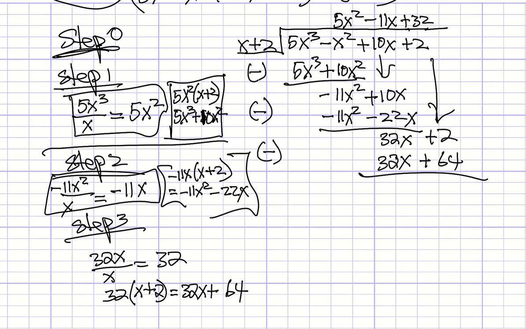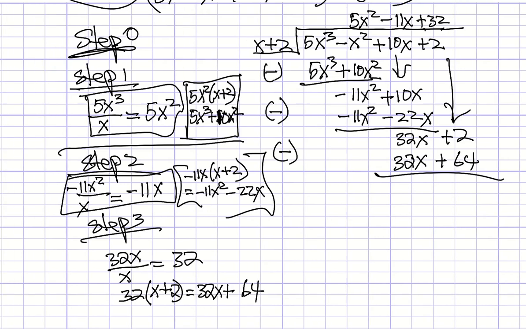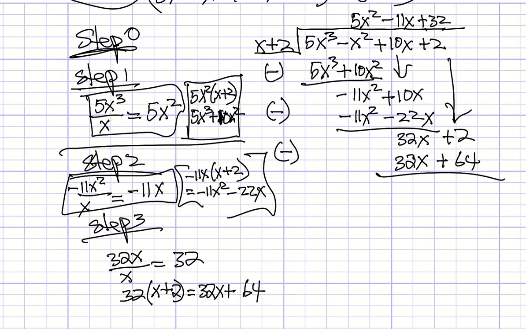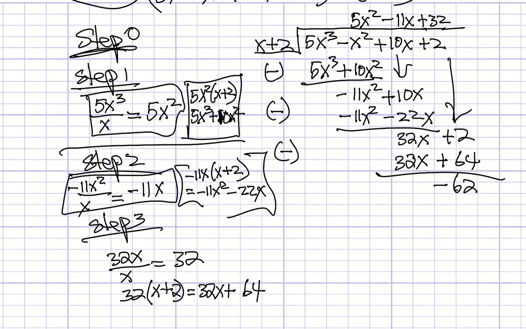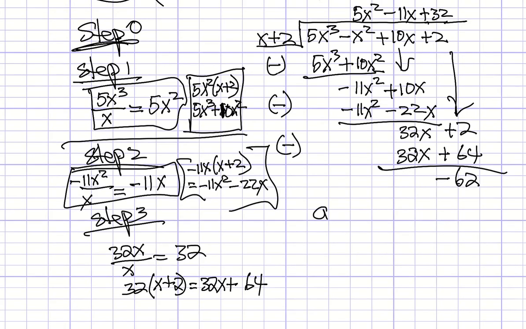What do you get after? The first one usually cancels out. Then you get negative 64. It becomes negative 62. That's what is remaining. Okay, you see how we'll knock that thing out. So the answer will be 5x squared minus 11x plus 32 plus remainder, which is